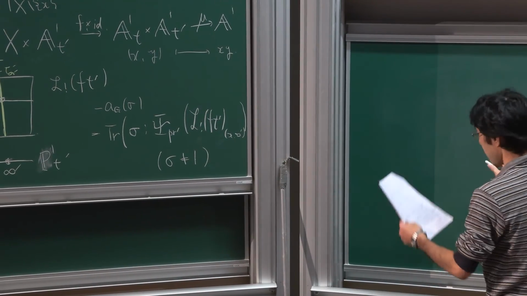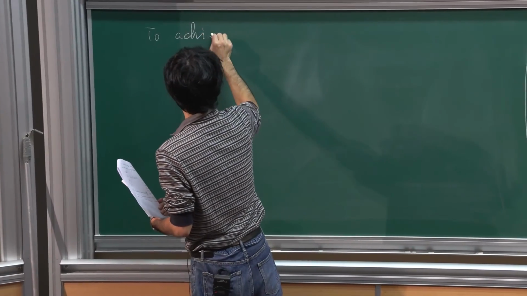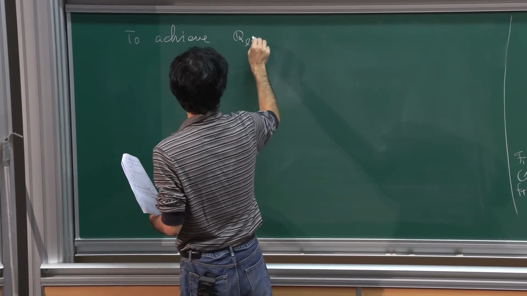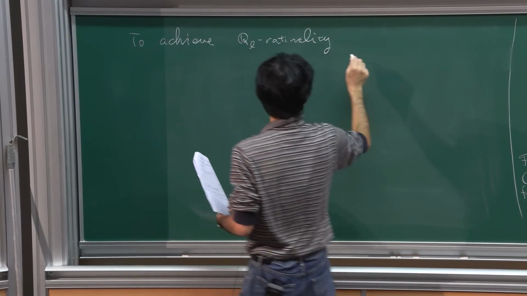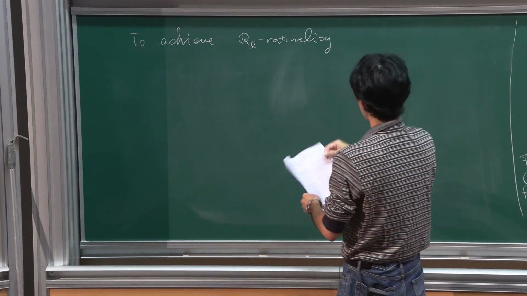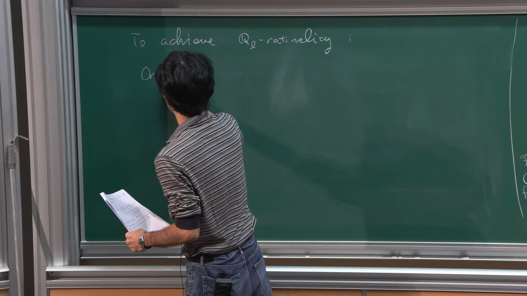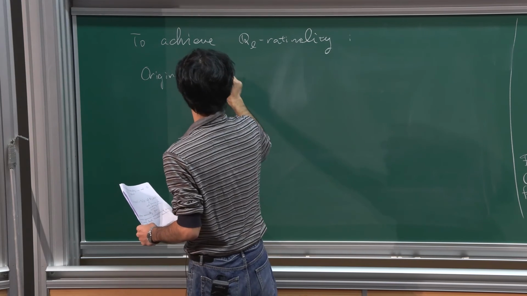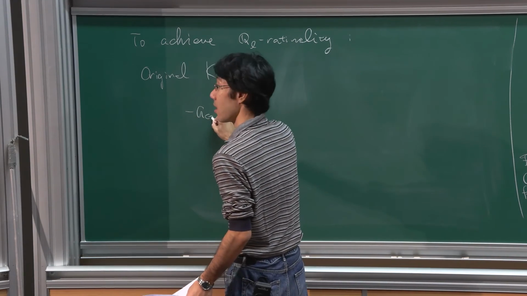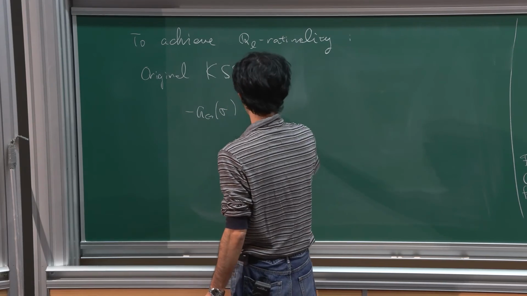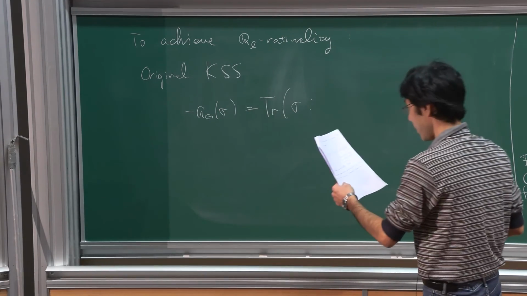So the original, in order to achieve Q_l rationality in an actual representation, the original Kato and Saito conjecture was saying that AG sigma is equal to the trace of sigma, not this nearby cycle, but